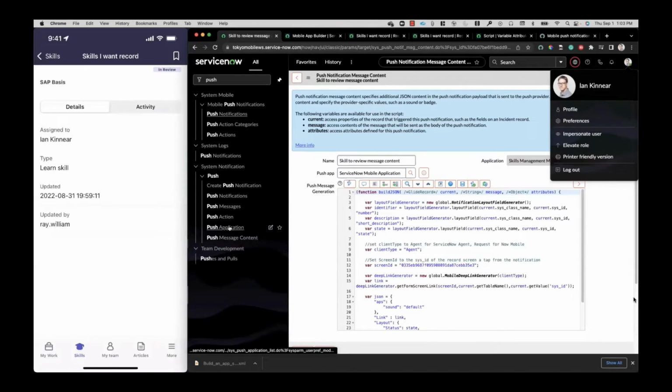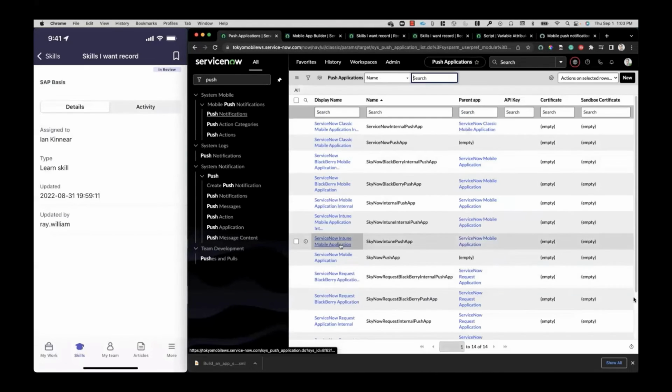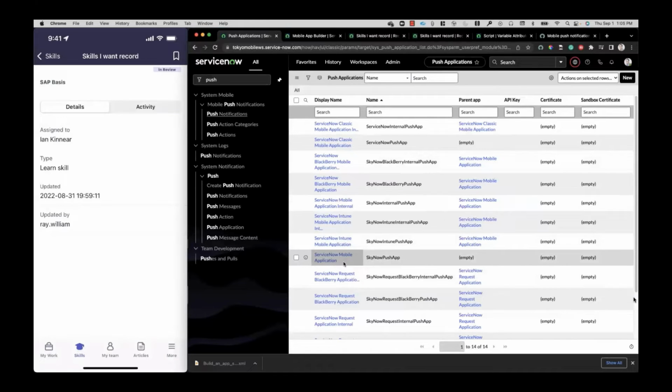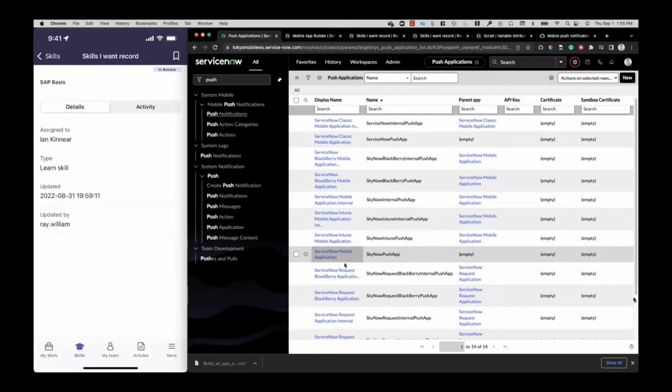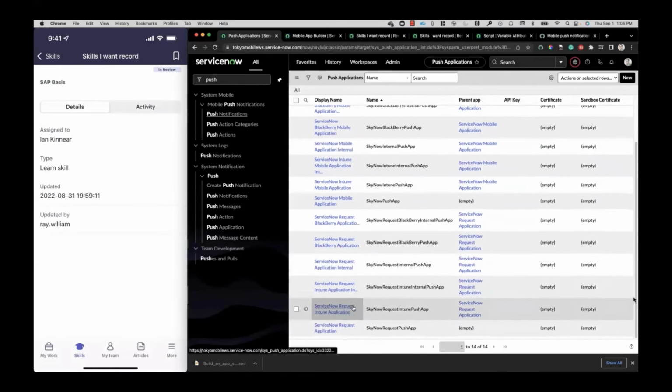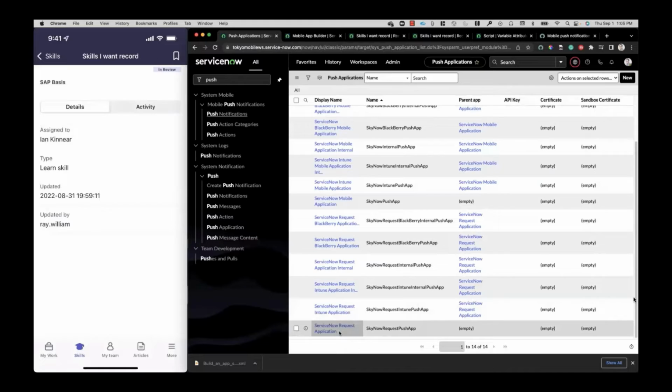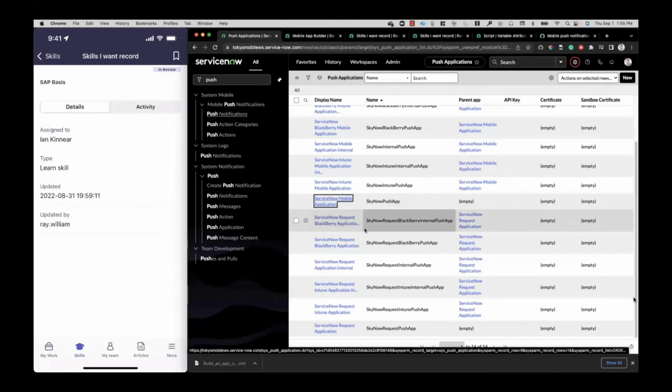However, if we want the users to receive it by default, as most of you likely would, we would need to go into our push application record, which we can find under push application in the navigation modules. And the one we're looking for, if we look at the display name again, is ServiceNow mobile application, because ServiceNow request application is now mobile, and this one is agent. So if we open this up,